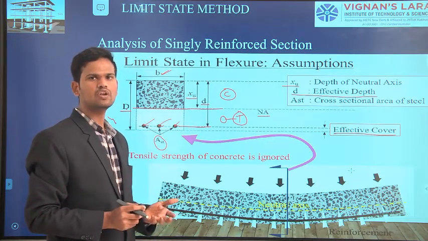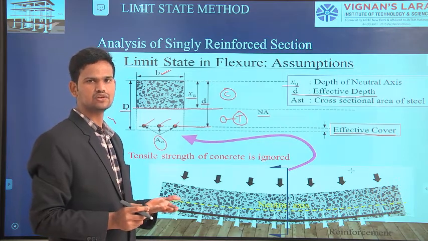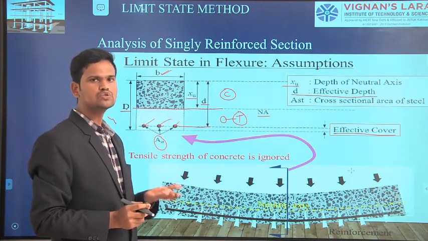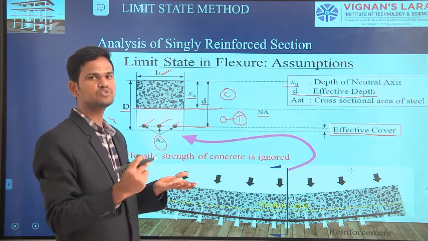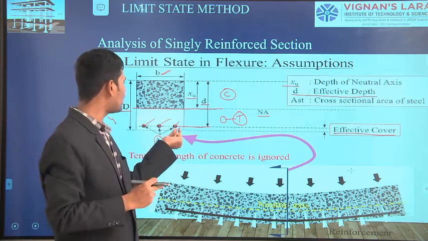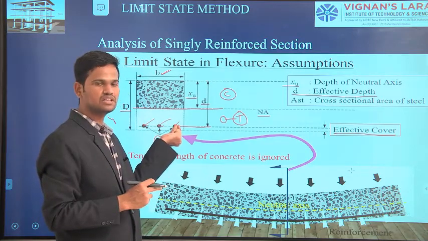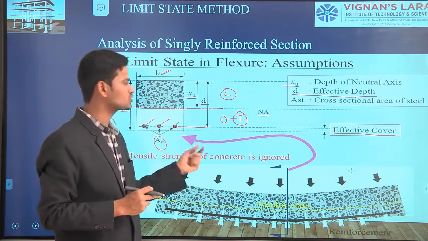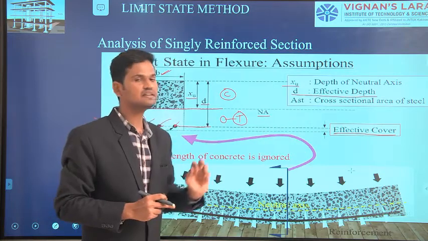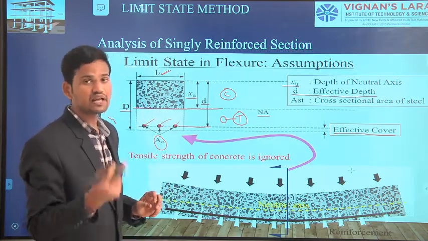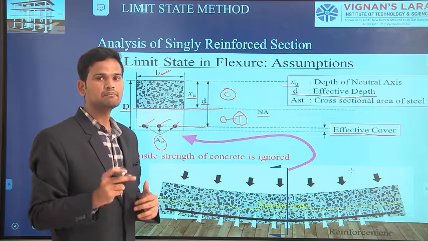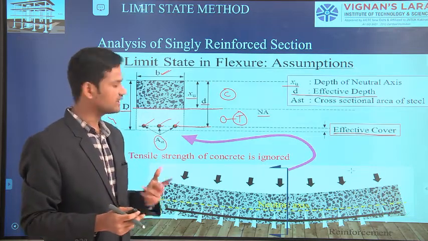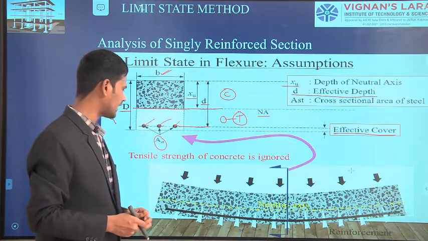But the concrete cannot take any tension loads, it cannot take any load. It is only giving cover with respect to the atmosphere, so that harmful agents from the atmosphere do not get into the steel. To resist that, we are keeping this effective cover. For different types of sectional members, the effective cover may vary based on IS 456. We have different types of effective cover.